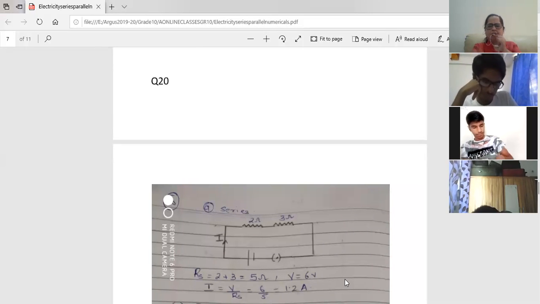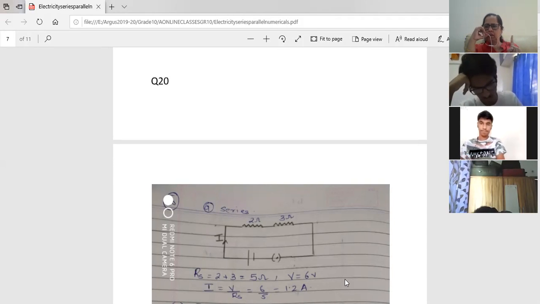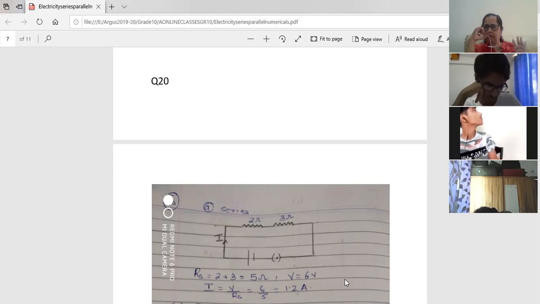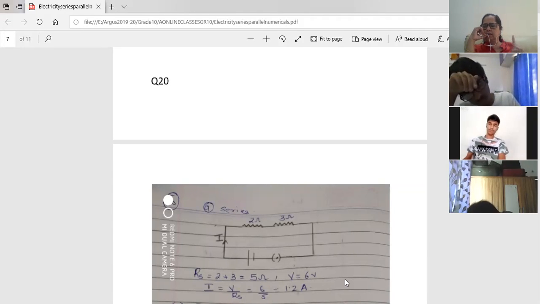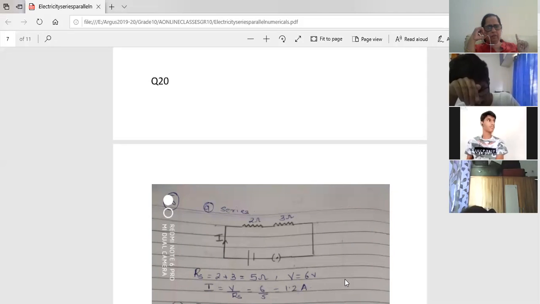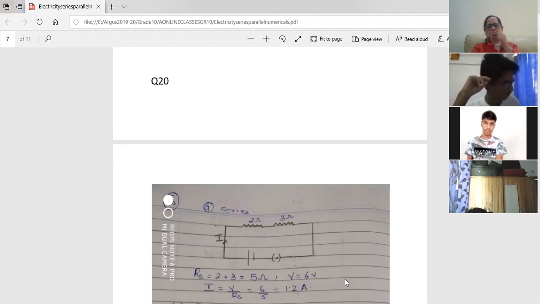So when you do 6 upon 5, when you're asked for a value of current or resistance, children, very important instruction, always give it in decimal. Never give the answer in fraction. If you are asked for calculation purposes, you can use fraction, but the answer has to be in decimal. If the answer is not given in decimal, you do not get marks. So please see that the answer is given in decimal. Don't write 6 upon 5 ampere. Wrong. 1.2. So this is 1.2 ampere.